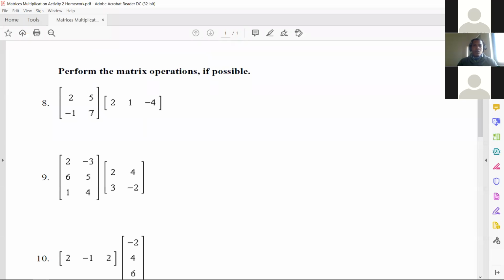Guys, while we are waiting for some more to join, can we please have any feedback on the homework? If there were any problems regarding the homework, especially the one on the multiplication of the matrices, and then we can continue. If you had any problems,